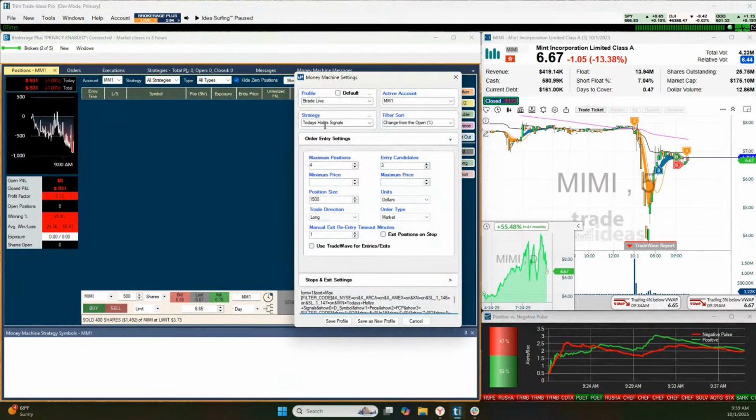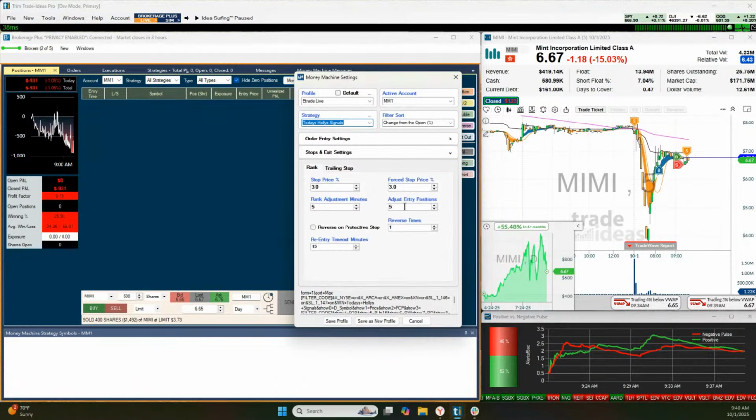This is a key component for you guys. Right now, downside thrust is your short signal, but again, it's an interesting one to play to the upside as well. You've got big momentum, pullbacks, and the Holly AIs. That's what we're starting off with. There's tons of stuff still in the works. Stops and exits, 3% stops. Re-entry timeout minutes: I think 15 is too big, and I would suggest maybe putting that at like 5.